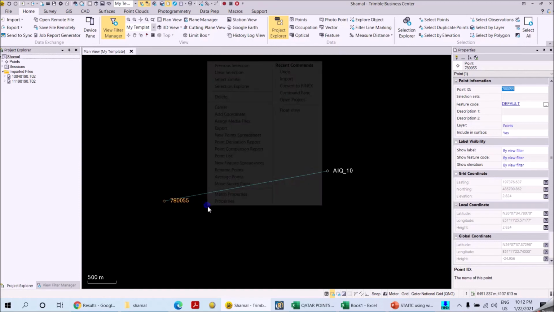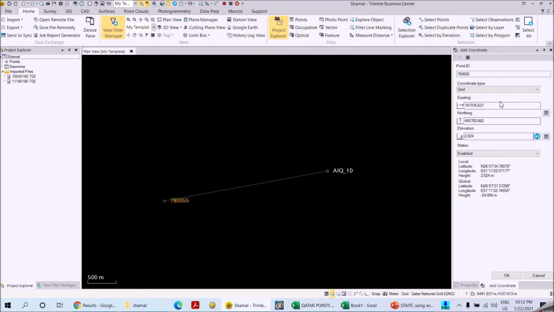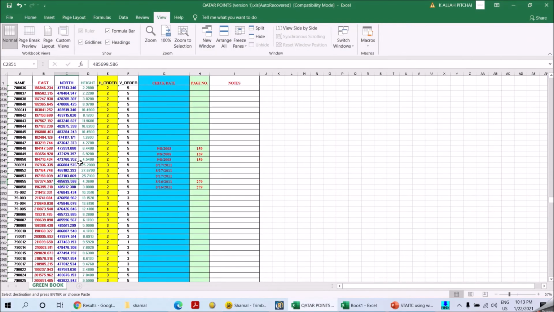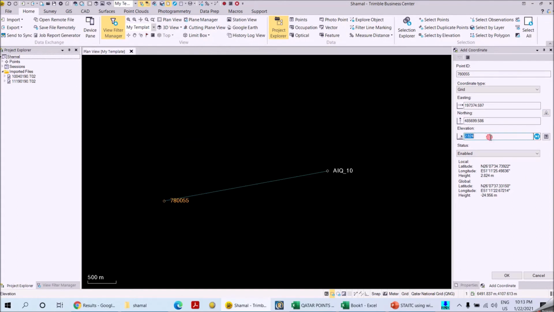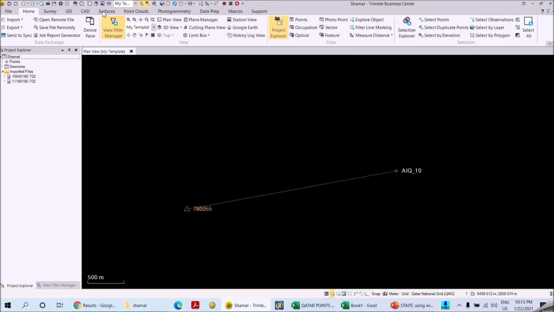I'm going to say add coordinates, take this value from here, copy, and make this a control, copy this, and copy it here, and also make this a control. Now this becomes our base, and we are going to process the baseline.